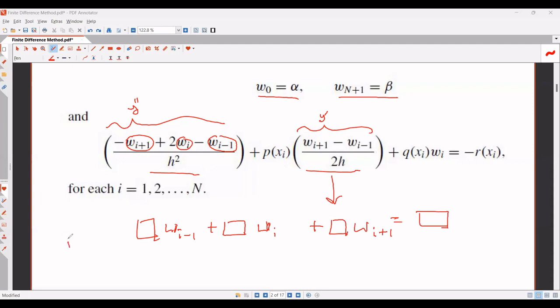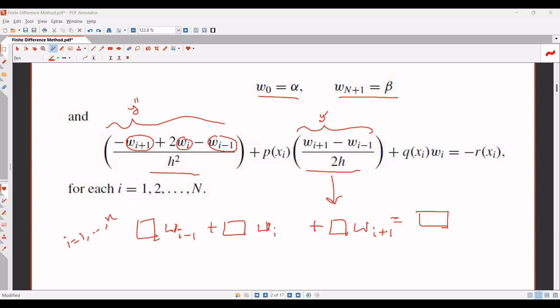If you keep putting i from 1 to n, we would get n equations. In those equations, the last variable would be w_{n+1}, so that is why they indexed n plus 1 here. They are considering the last point to be n plus 1, but not n, for the sake of having a simpler